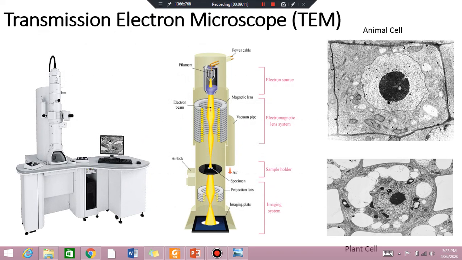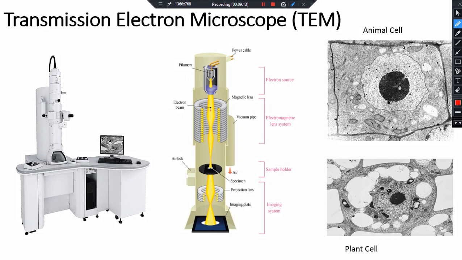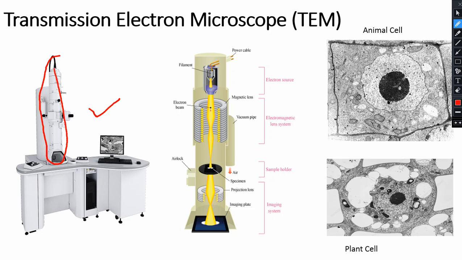Now this is the diagram of an electron microscope. In our daily life, if you want to see how a transmission electron microscope looks, it looks like this. Okay, and where are those magnetic lenses, and where are those electrons, and where would we put the sample? It is here. The whole process happens in this chamber,